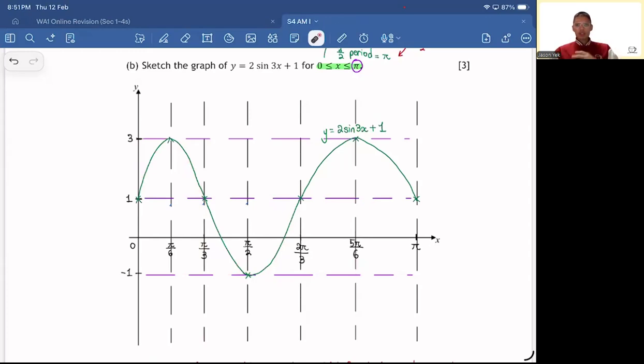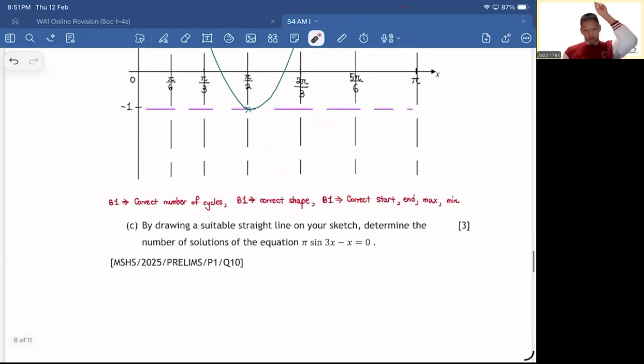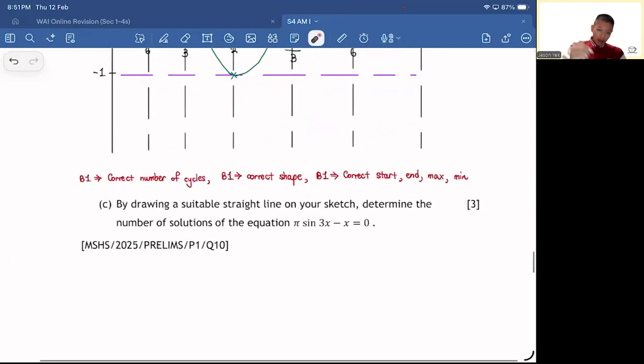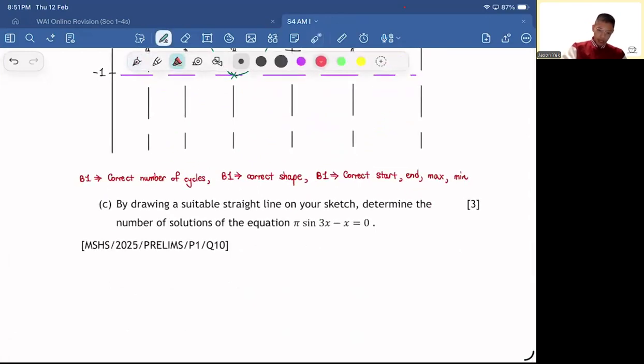Okay, any other questions before I go on to the typical question that is shown here? Now, part C. By drawing a suitable straight line. Now, this is a very, very common variant of a question besides asking you to draw a graph. Out of nowhere, they will ask you to draw a line on the sketch. When you see this, what it means is basically